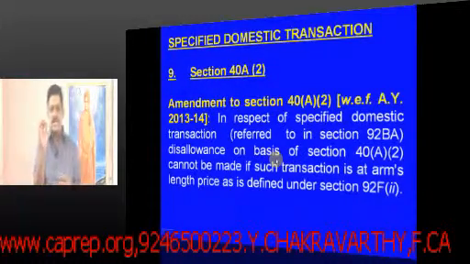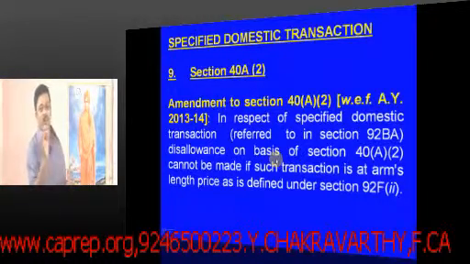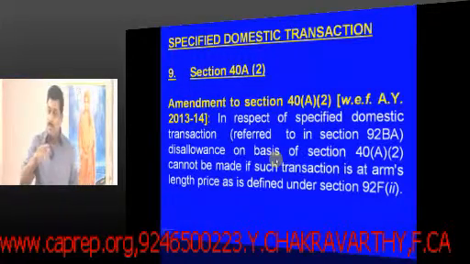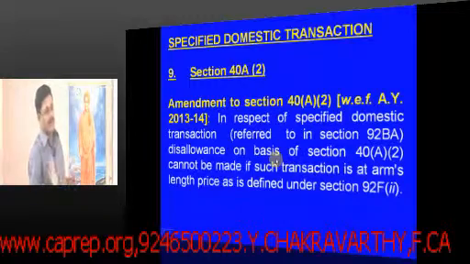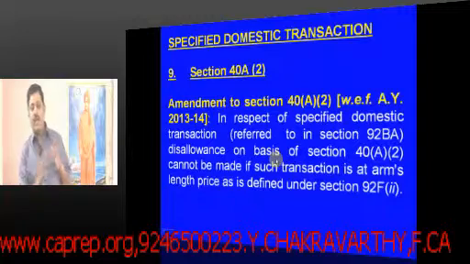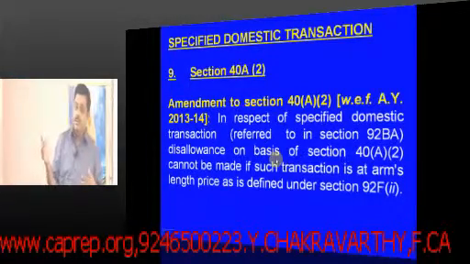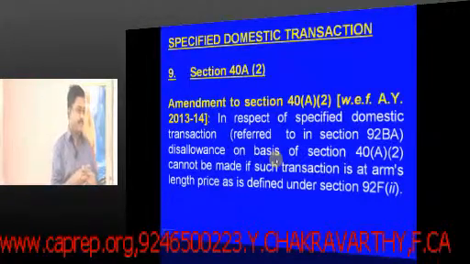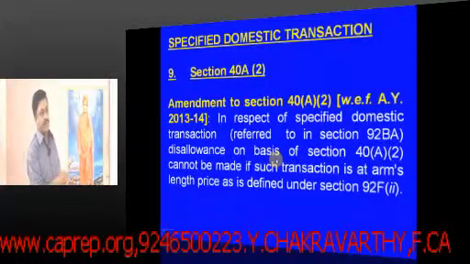There is always a chance that a transaction may be carried out either at a price more than the market value or a price less than the market value. Consequently, there is always a chance of profit being shown either less or more. So, to prevent such kind of situations,